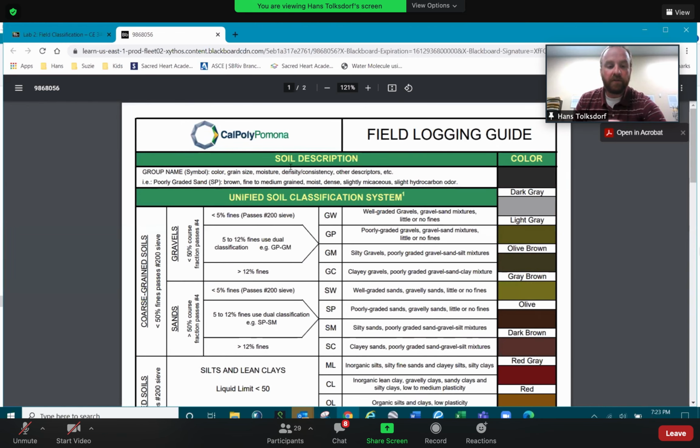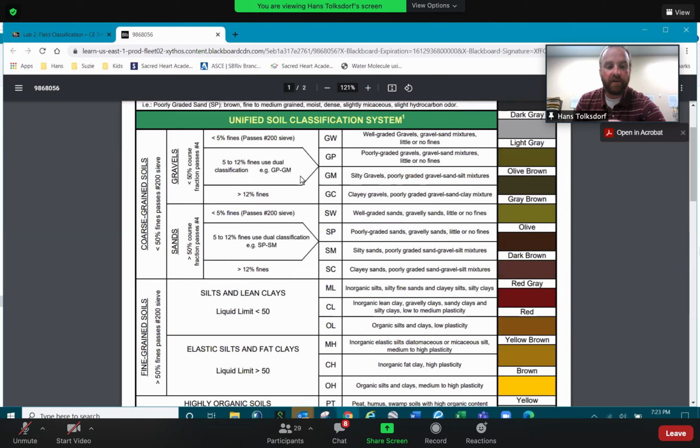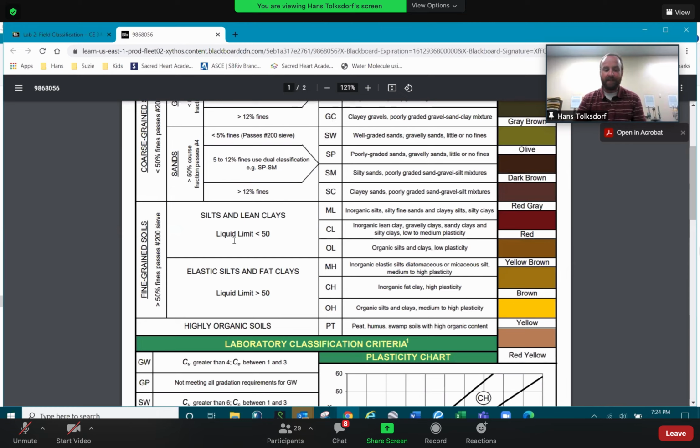All right, so I think we need to get started on some classification. This area is where people are going to get stuck. You're going to have coarse grain soils. That's really easy, right? You know what the difference is between a gravel and a sand. Gravels are bigger rocks. Sands are smaller particles, but they're still like small rocks. But then when you get into silts and clays, it's classified by